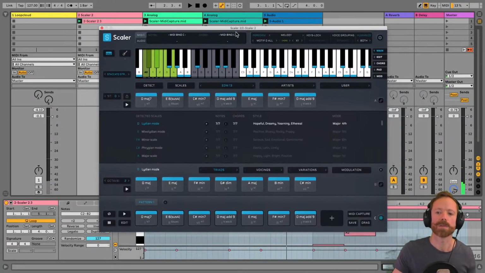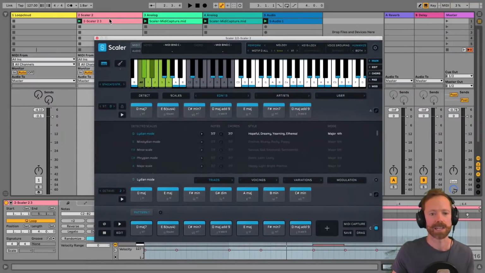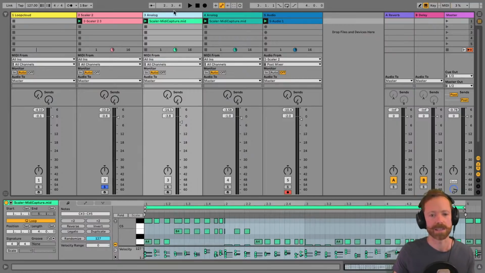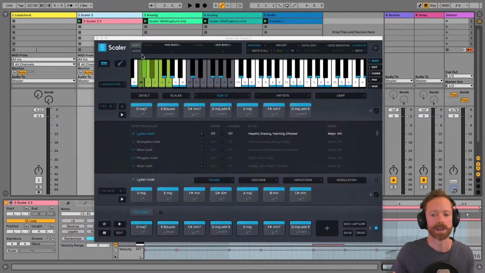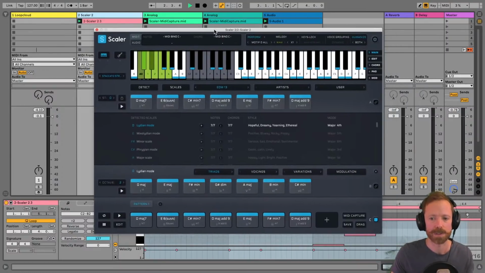You can hear some of these, when they change through the chords, they don't work in the same way. And I'll show you a sort of workaround for that when we look at the MIDI section next. But what you might like to try in those instances is scale. With scale, it actually just repeats the phrase over and over again, which I find works really well when you're going for a motif and you've got a changing harmony underneath. So we've got these chords changing, and what we're looking to do is create a phrase that can just be repeated over the top and work with all the chords.